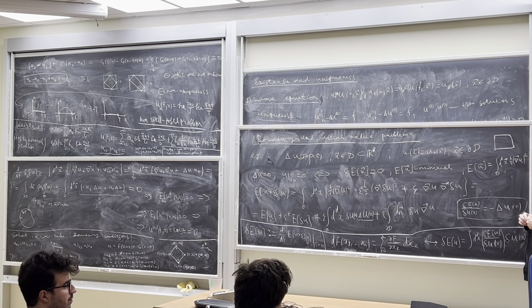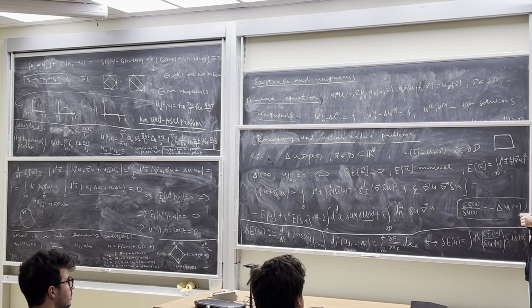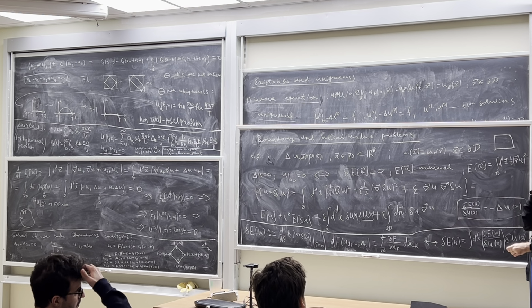This function E physically represents some sort of energy. For example, it can be the energy of an electric field if it is an electrostatic problem, or if it is a problem about a membrane, it is the energy of the membrane. Actually, this Laplace equation can be considered as a stationary problem for some oscillating membrane, where the time derivative disappears, or a stationary problem for the heat equation. But for the heat equation, I don't know what the interpretation of this energy is.